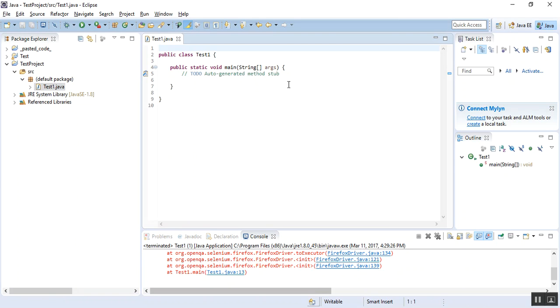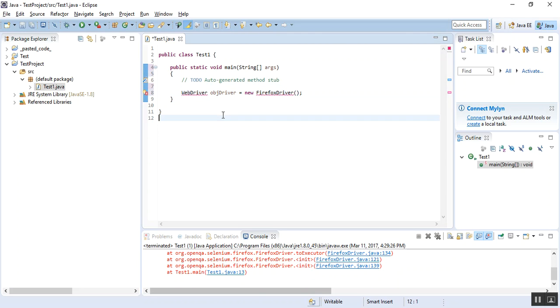So my class is ready now. Now I'll write the code to launch the Firefox driver and go to a website. So I'll create an object of the WebDriver class. So here I have created an object of the WebDriver class.